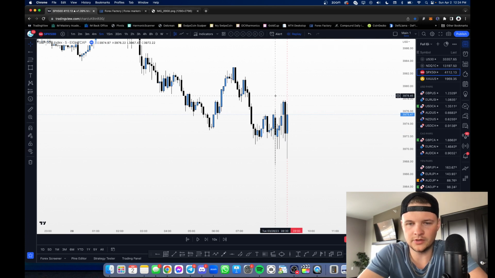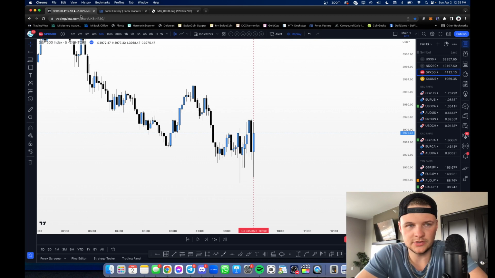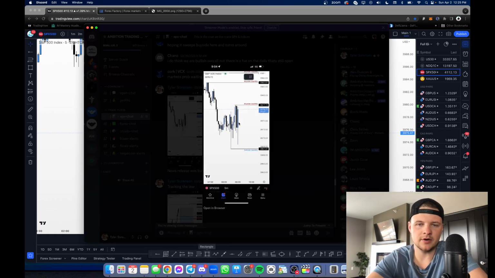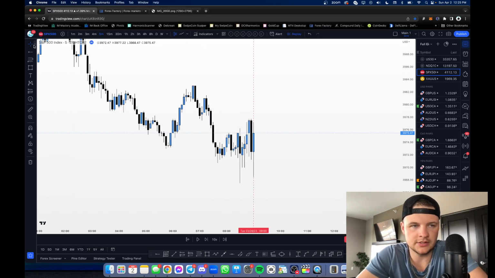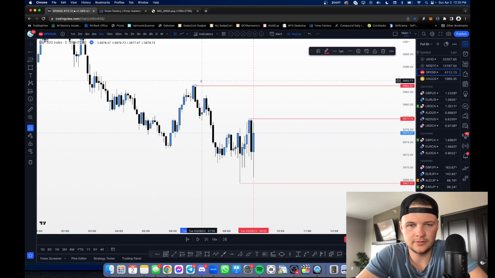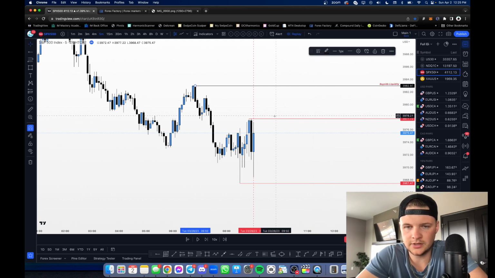Let's go ahead and delete this. We don't need this anymore. This is what I sent in the Discord, right? Looking at this, buy side right above, sell side right below, buy side a little higher up. So we can mark these levels out. Buy side right here. I'm sorry, sell side right there, buy side right here. Buy side up here, and then buy side, obviously, even higher up.